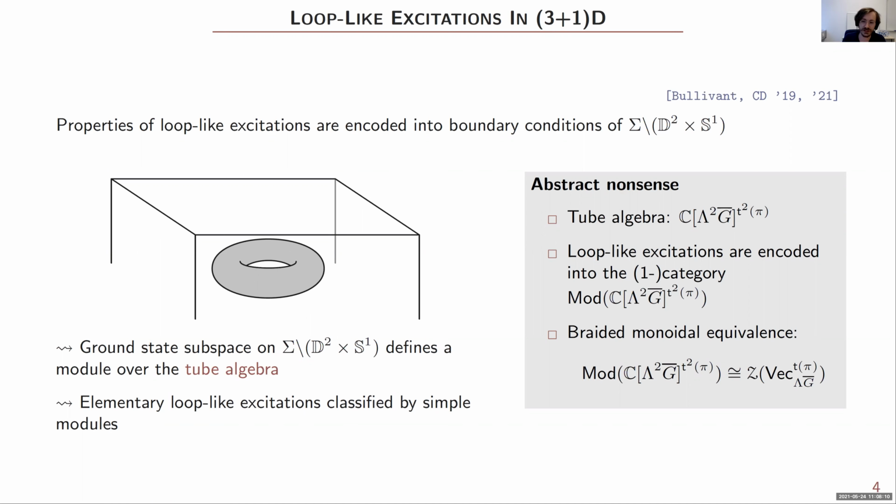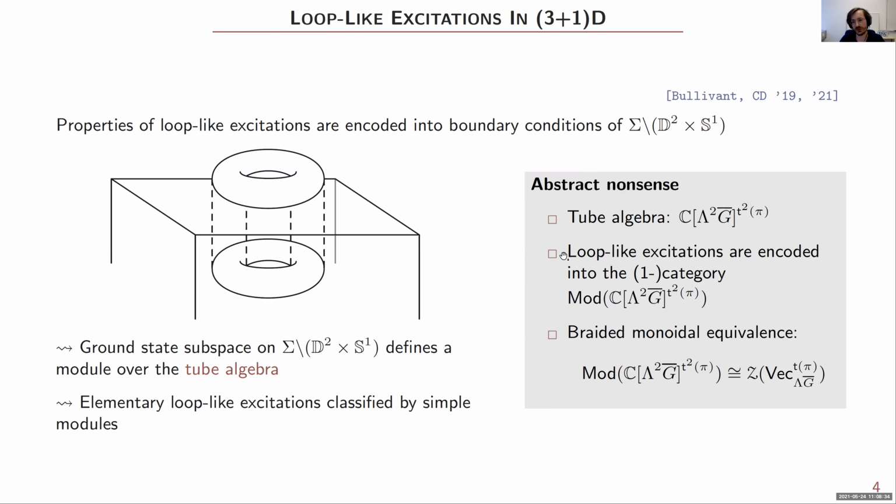And then I proceed exactly as in 2D. I remove the solid torus, I'm left with a torus boundary condition, and I can classify these boundary conditions as the simple modules over some tube algebra. The only difference is now that the tube looks like this. It's essentially the torus cross an interval, so some kind of three-dimensional cylinder, if you want.